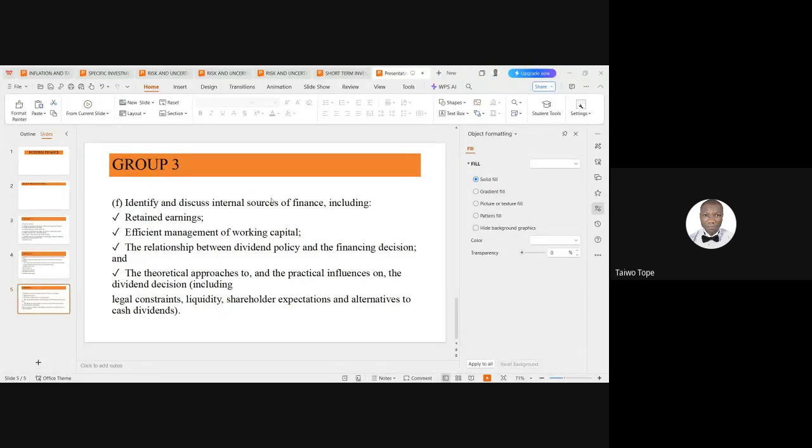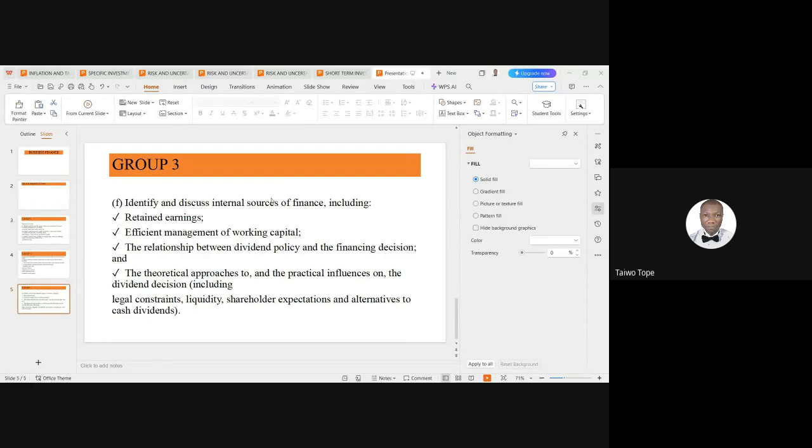So how do you manage those components of working capital? How do you ensure that you don't keep too much cash? How do you ensure that you don't keep too much stock? And try to balance each of these components